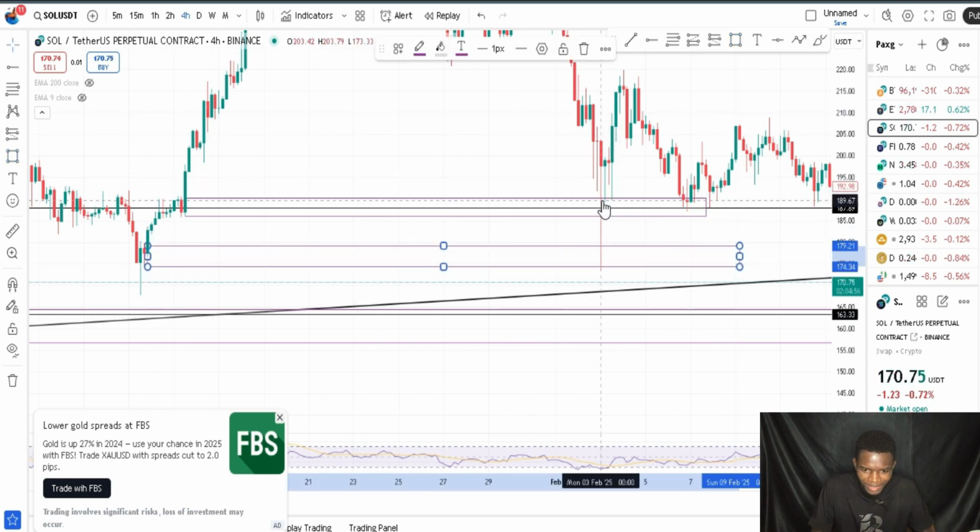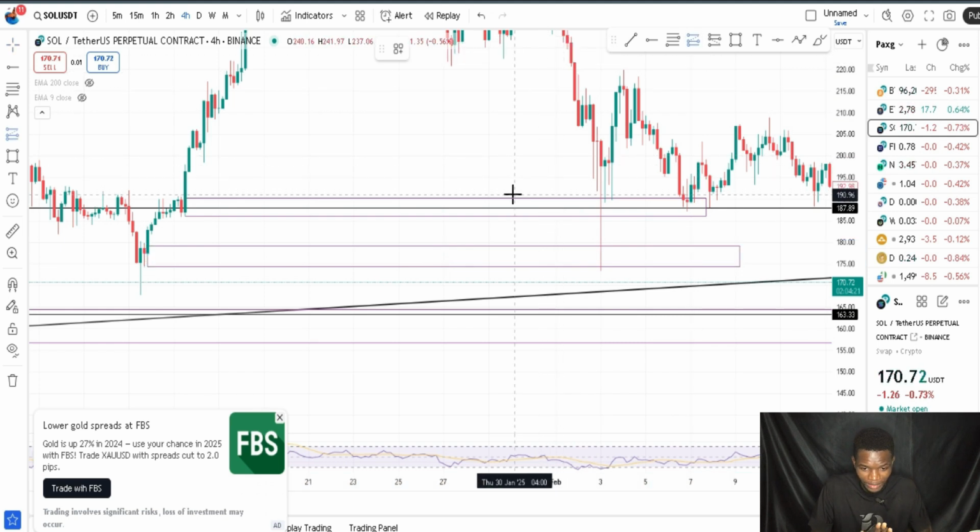So market came to mitigate this first one, but then there's another one here. So assuming you enter this market from here and forgot about this one, what will happen is that the market will take you out just to mitigate this one. So for you to be on the safer side, the best thing to do is, if I want to enter